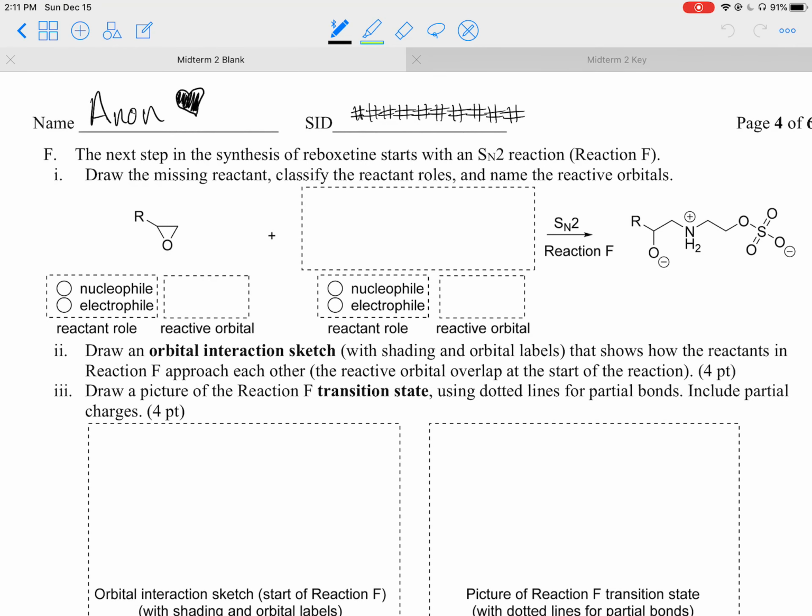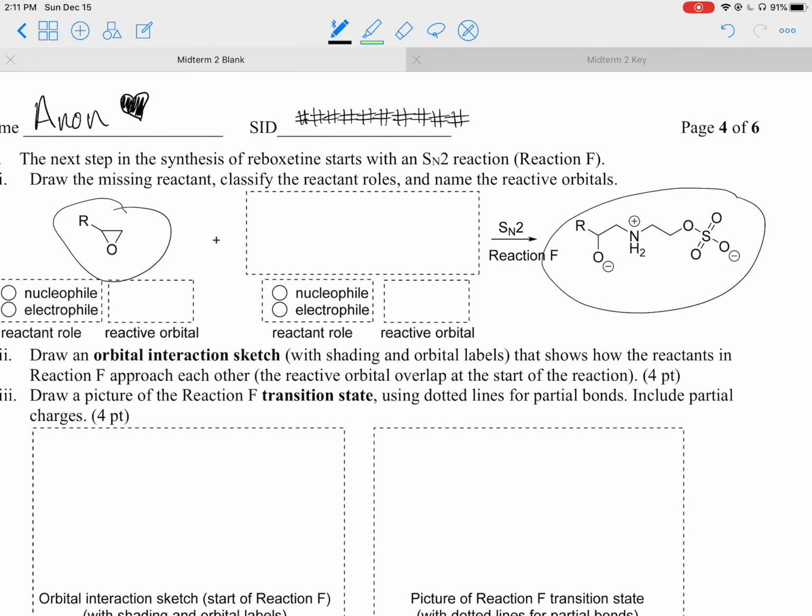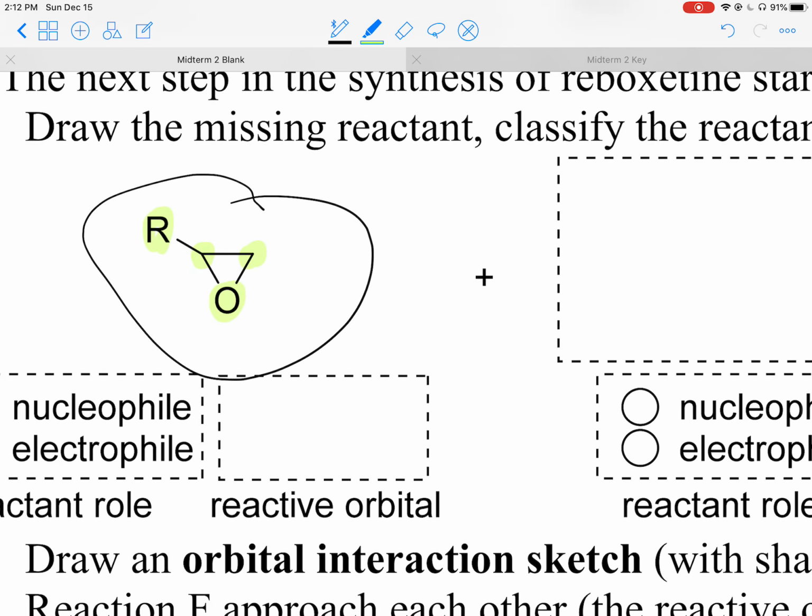So let's dive in. We're on number 1 for 3F, and we see this starting material right here and this ending material. Let's see what atoms are preserved. We've got this R, that's going to be the same R right here. We've got the oxygen and the carbon that's separating them. That's still the same here. And we've got this carbon right here. What's the difference there? The difference is that this bond